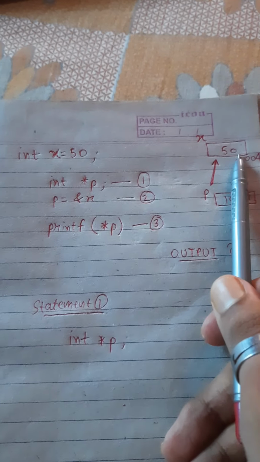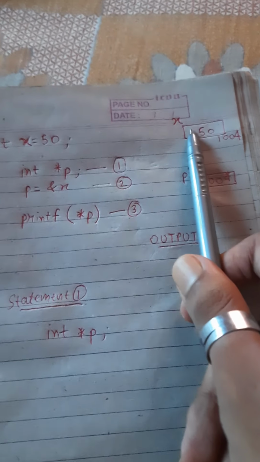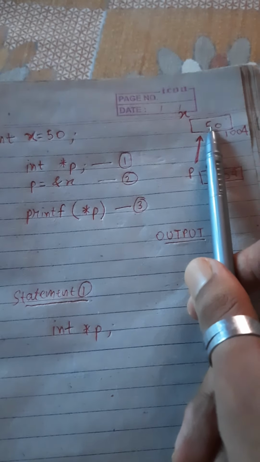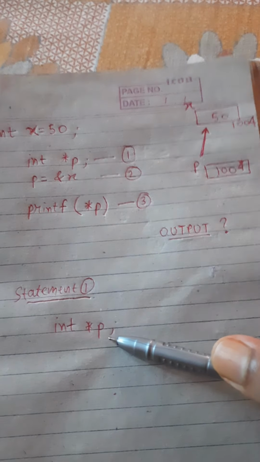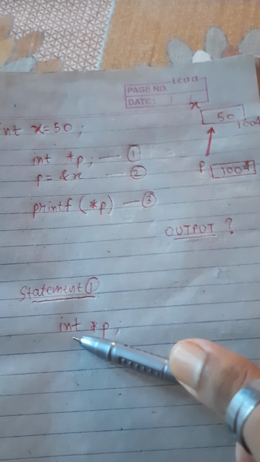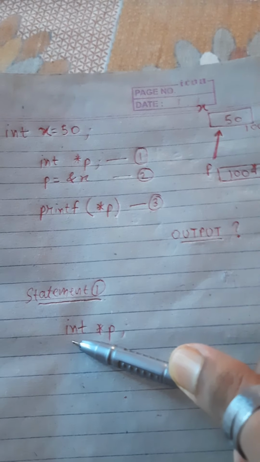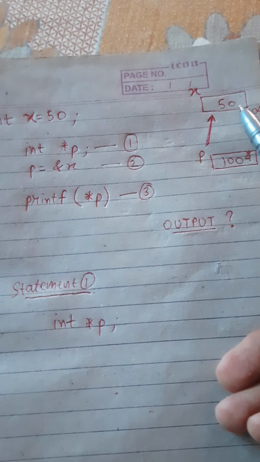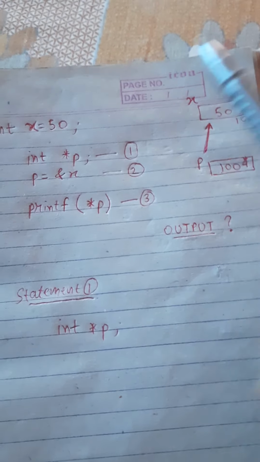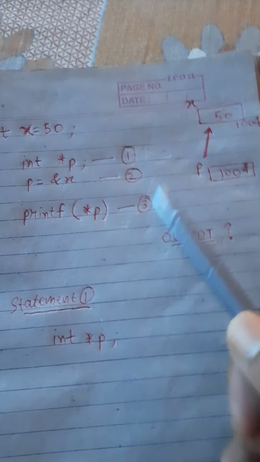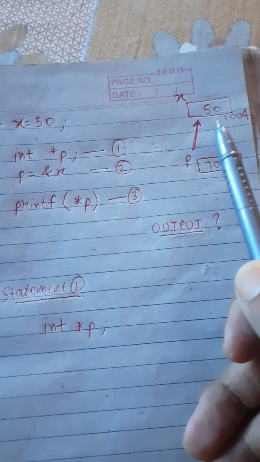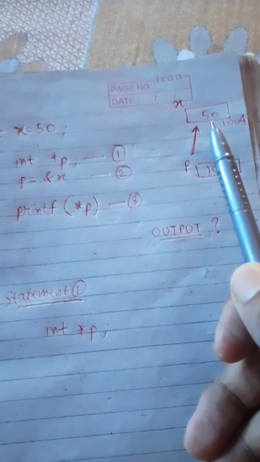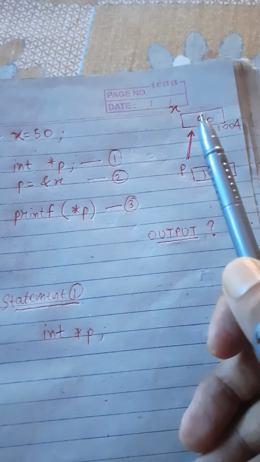So in this box, whatever the value is here, this 50 is known as an integer. In case of pointers, whenever we have this kind of data type in front, that specifies the type of the value that will be stored in the location or the box to which p will point. Please understand this. Suppose instead of 50, I had 50.8, a decimal point number. What is its type?